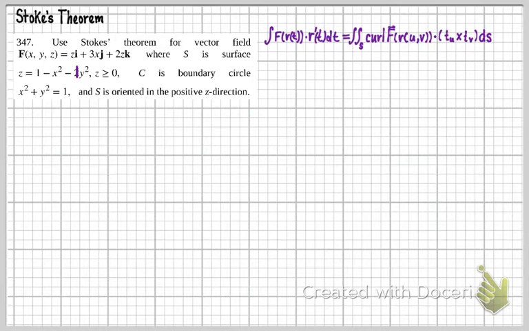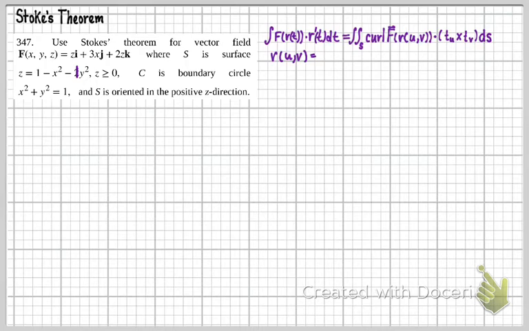We're going to find the curl of f. We're going to do tu cross tv. We're going to have some fun with this one. So that's the way we're going to go. First, I always like to start off with the r(u,v). So the r(u,v) is going to equal